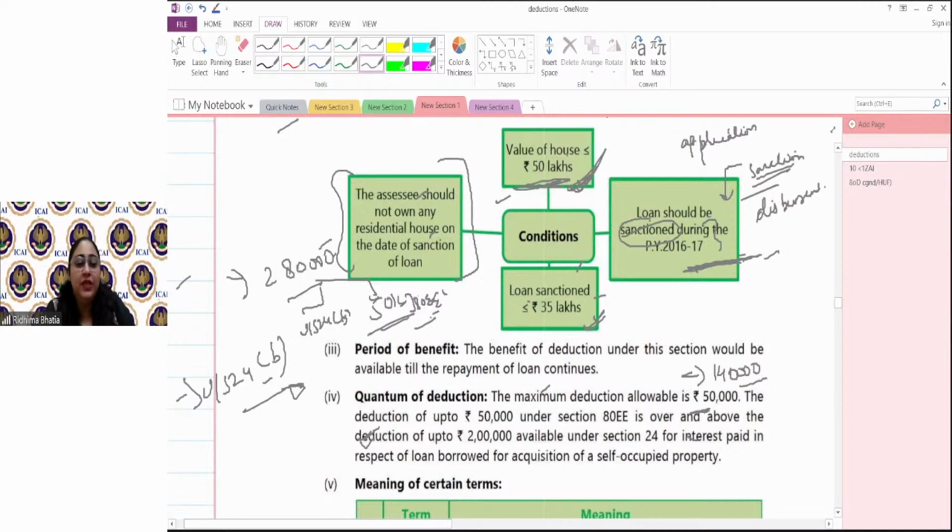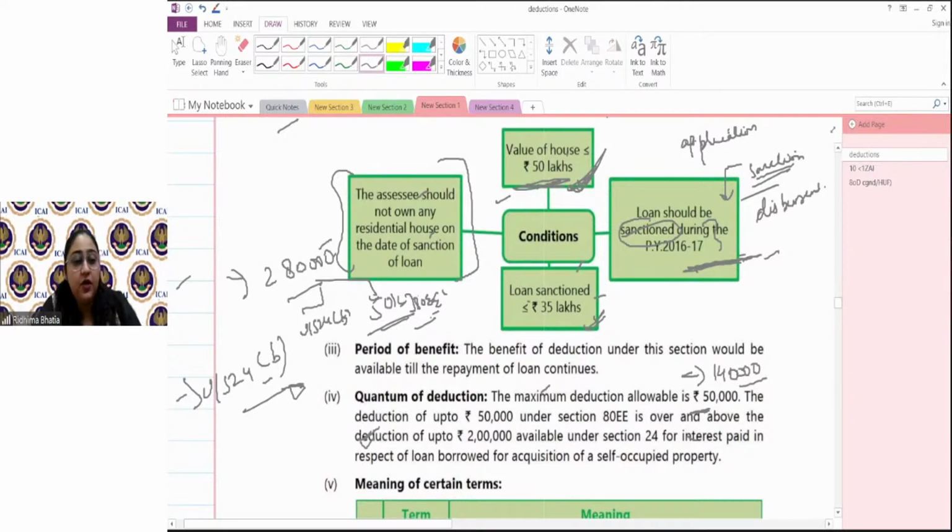Clear? So with those conditions in mind, you should remember whether to claim 80EE or not. So how would you remember it in exam? 80EE has to be claimed or not? Immediately when the loan date is 16-17, value of house is less than 50, loan sanction is less than 35,